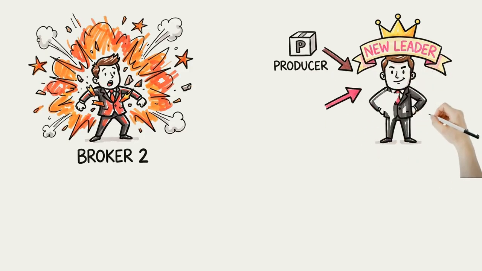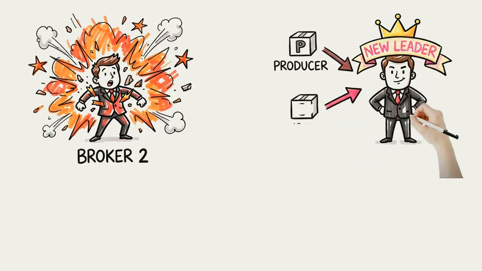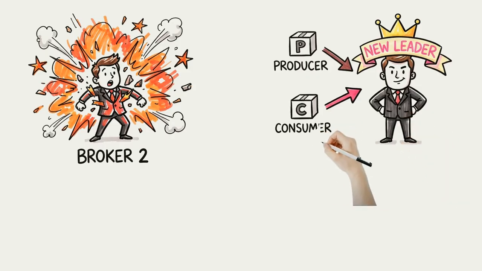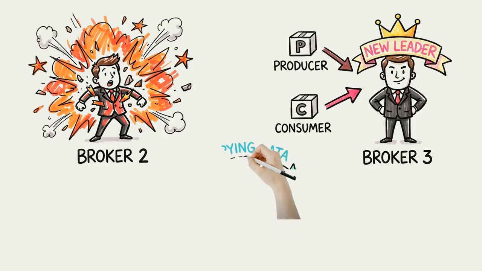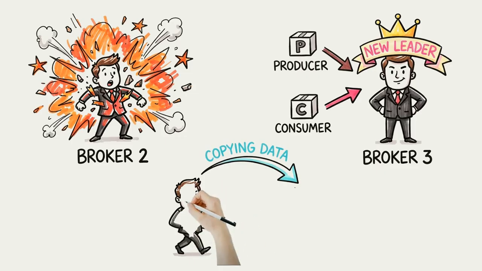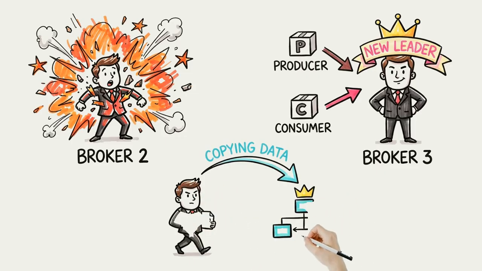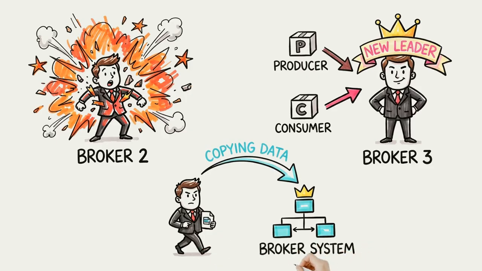Producers and consumers automatically reconnect to the new leader and continue processing. Broker 2 crossed out with a red X, Broker 3 promoted with a crown labeled New Leader, and producer and consumer arrows redirected to Broker 3. And this is the key point. Order 42 never disappeared. It was already replicated to Broker 1 and Broker 3 before the failure happened. When Broker 2 eventually comes back online, it does not immediately reclaim leadership. It rejoins as a follower and copies whatever data it missed until it catches up again.